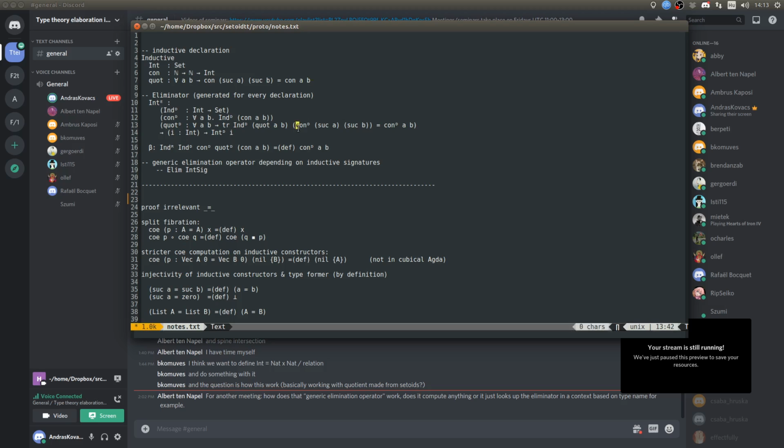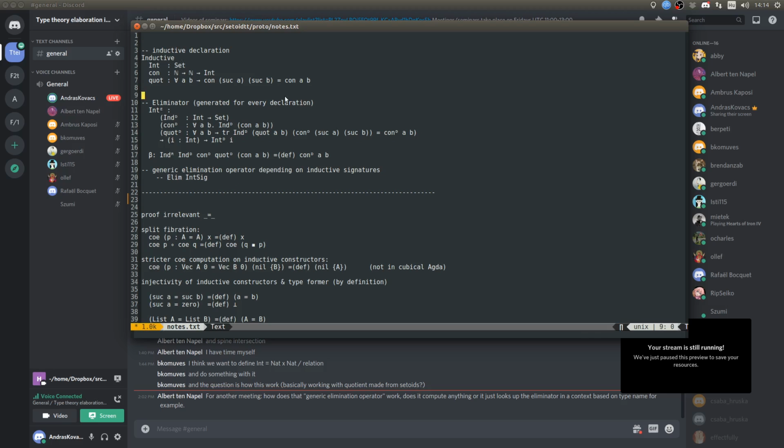Okay, I'm not sure. I think I would have to implement something which looks like a separate positivity checking, but what I've been thinking a bit about is that I want to say that the type theory of signatures looks a bit like a level from a two-level type theory,